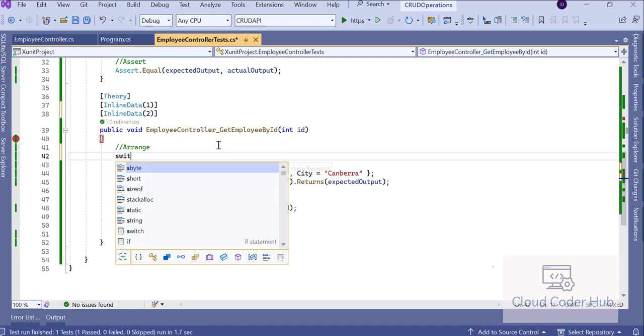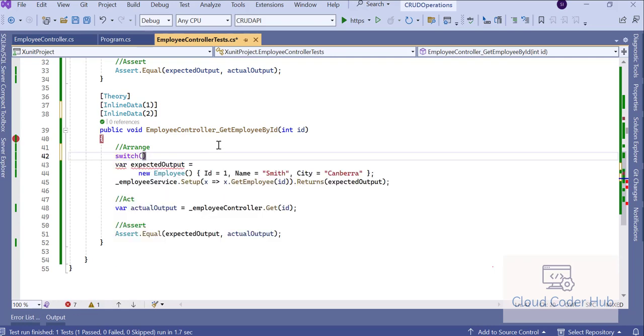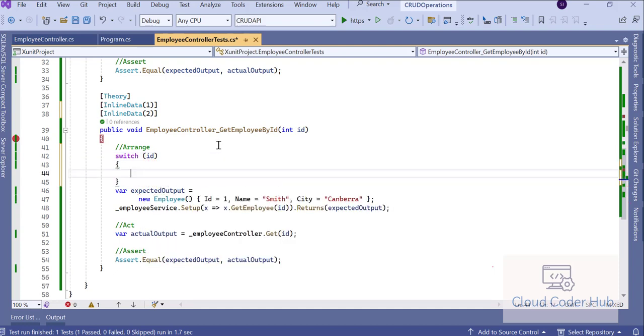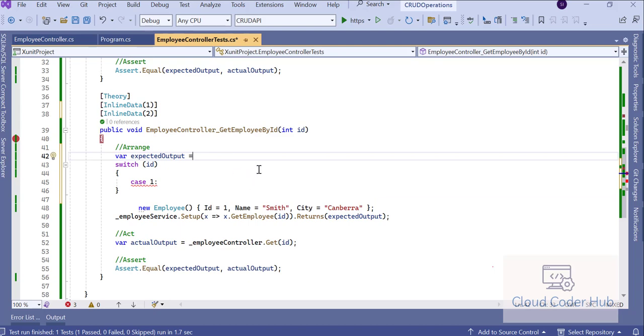Let's create a switch case here. It will take the ID, and case: if ID is 1, then expected. Let's create this as a global variable. No employee. Okay, so case 1, expected output equal to